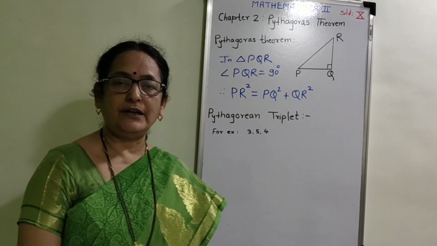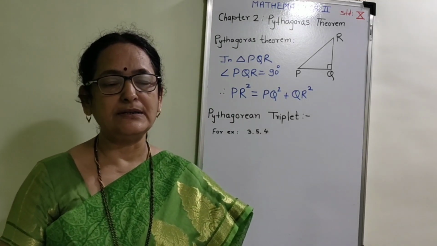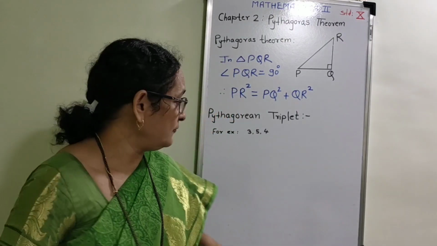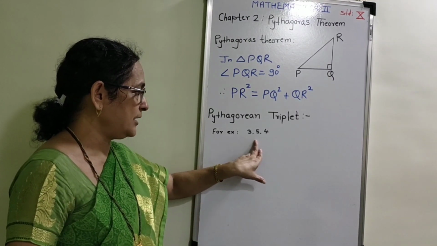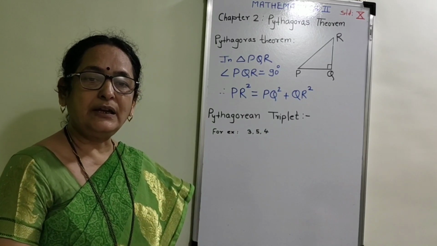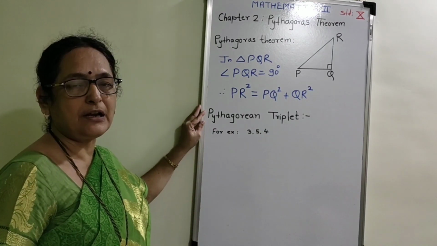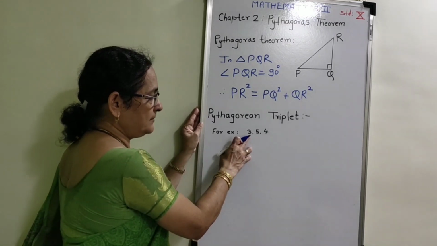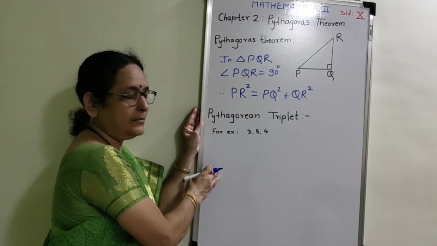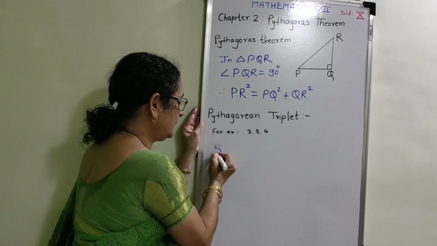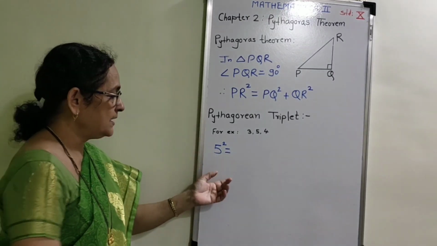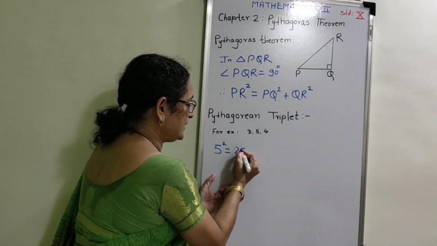Now the second point is when three natural numbers are said to be a Pythagorean triplet. Now I have taken one triplet of natural numbers and I am going to determine whether the given triplet is a Pythagorean triplet or not. Observe the given numbers 3, 5 and 4. From these three given numbers, 5 is the largest number. Take that largest number and take square of that largest number. 5 square is equal to 25.